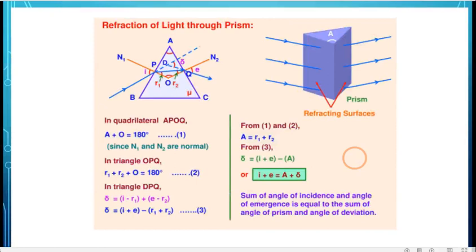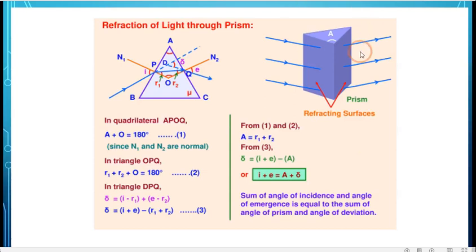When we consider appreciable and observable dispersion, two parallel surfaces are not useful. In such cases, we use prisms, in which two refracting surfaces inclined at an angle are used. At a time, two of these are taking part in the refraction. The one not involved in refraction is called the base of the prism. Any section of the prism perpendicular to the base is called the principal section.